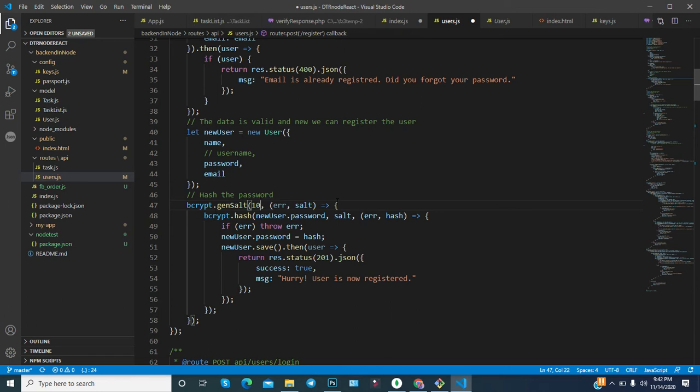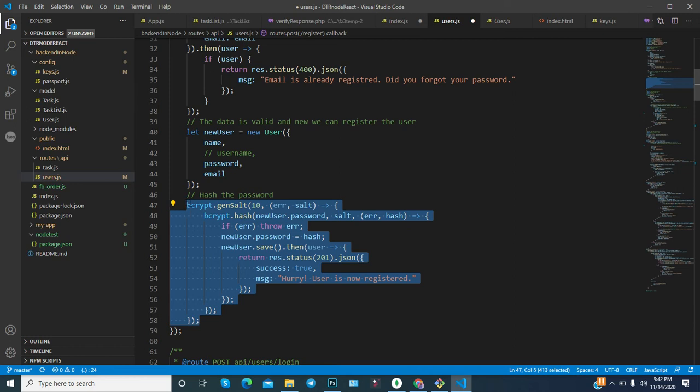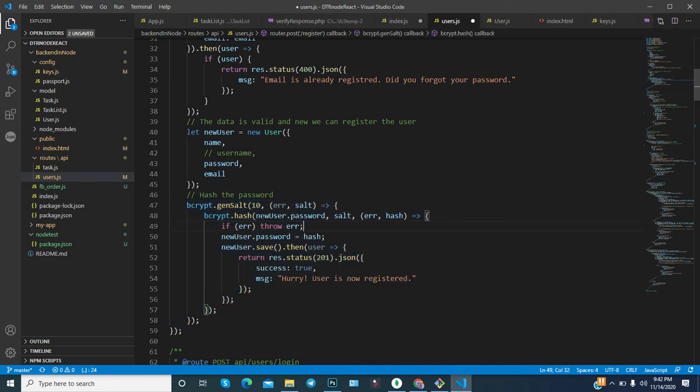Now I know that this type of code may be confusing for some people. This code comes from the documentation. So there is no need to remember that for bcrypt you need to use genSalt. There are lots of third-party libraries, and you do not need to learn every third-party library. If you are using any library, go to the documentation and check what the basic syntax is and how you can use that particular library. From that you will get the code.